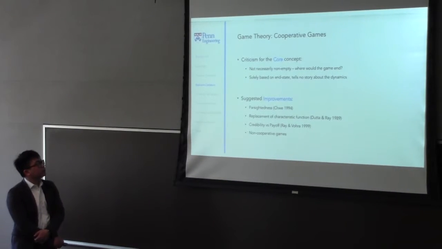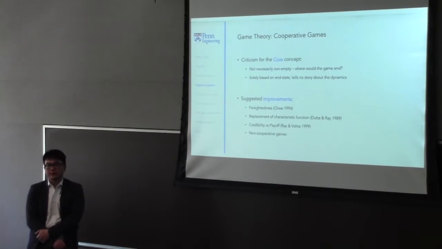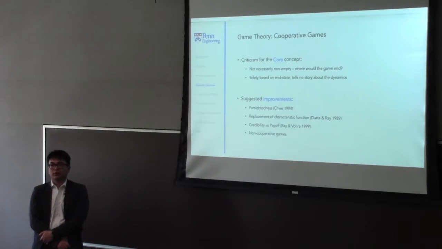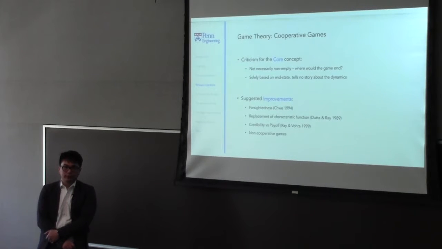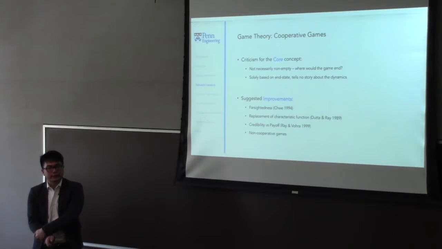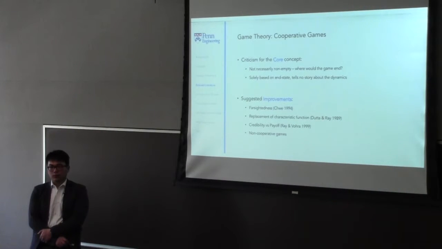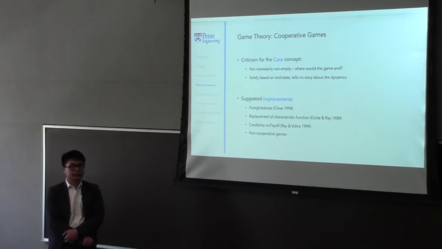There are a few suggested improvements to the concept of the core, primarily four of those. The first one being farsightedness, because when you think about game theory, a lot of the equilibrium concepts are about Markov perfect equilibrium, or subgame perfect equilibrium in general in extensive games. And those are simply counting what happens every next step. So when you introduce farsightedness, agents evaluate two steps ahead, and if an agent behaves in a way that increases the utility in the next step, but it will lead to a state that's worse off than the current state, it will be deterred from acting.